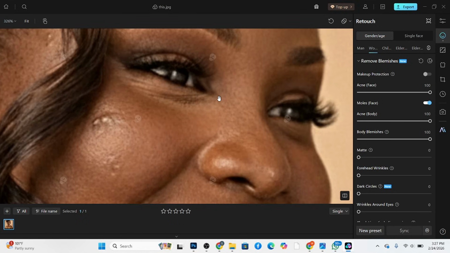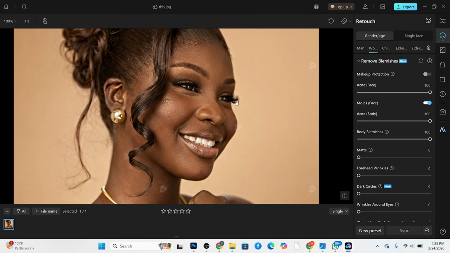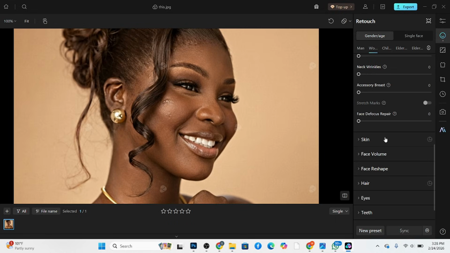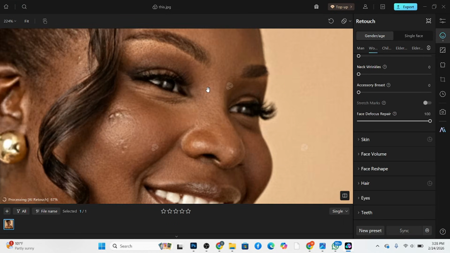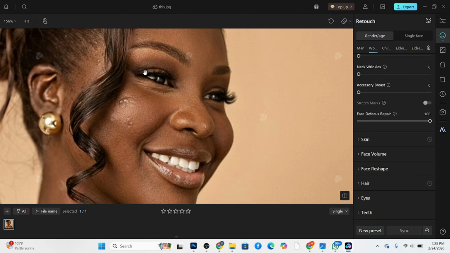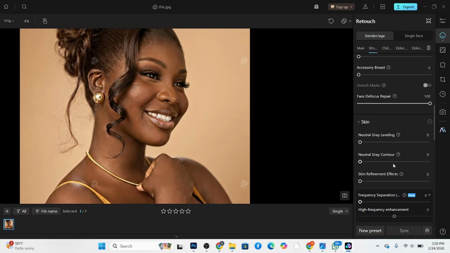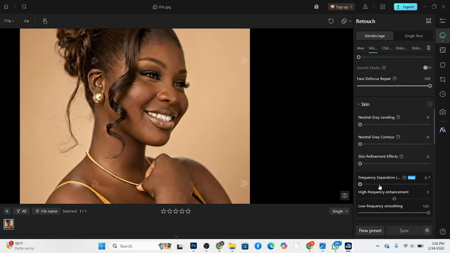But before I get into skin retouching, if you notice when I zoom in, the face looks a little bit disfocused. So I'm going to go to face disfocus repair and increase it. Once I have that increased, her focus is restored. Then I'll go into my skin and increase my frequency separation. I always do that first. Keep it somewhere around